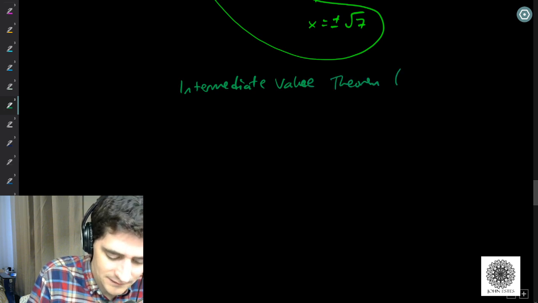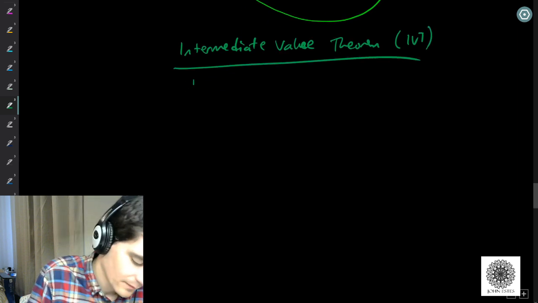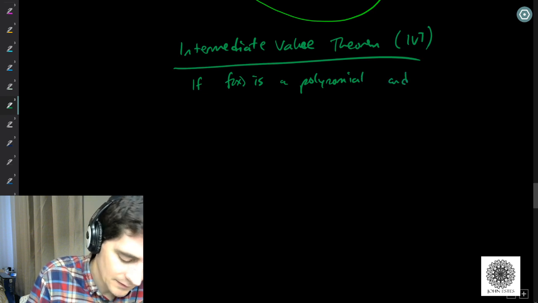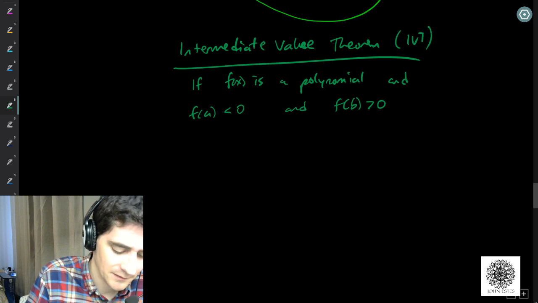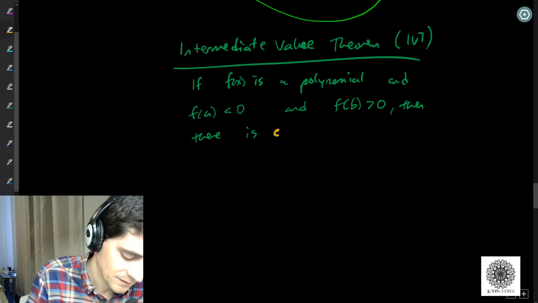That we'll call this IVT. And here's what it says. If f of x is a polynomial, and f of a is negative, and f of b is positive, then there is another value we'll call c